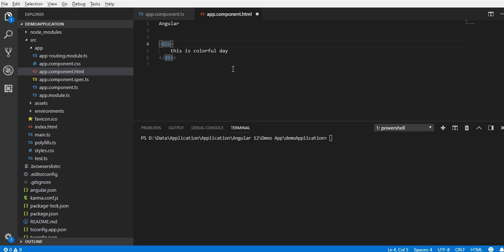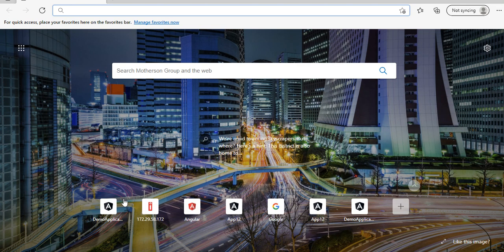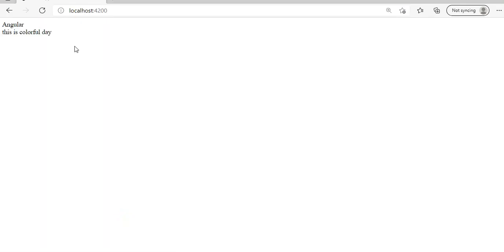Let's save it and run this using ng serve, press enter, and we'll see the result on the browser. Let's wait until it's compiled successfully. It took 10 to 15 seconds. It's compiled successfully, so go to the browser and open localhost 4200. Now we can see the result: Angular, and this is a colorful day.